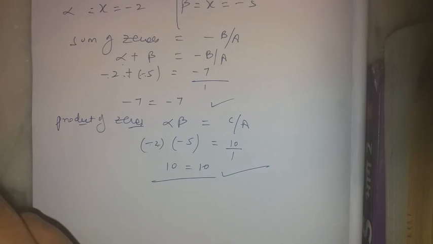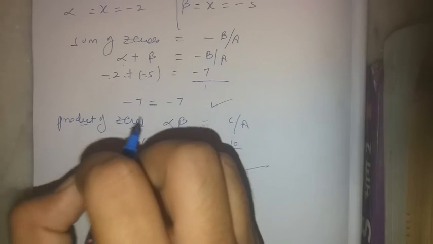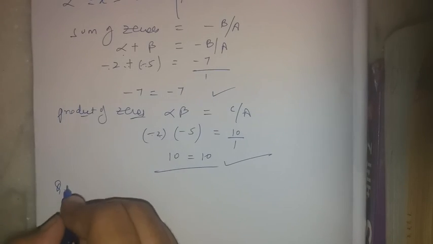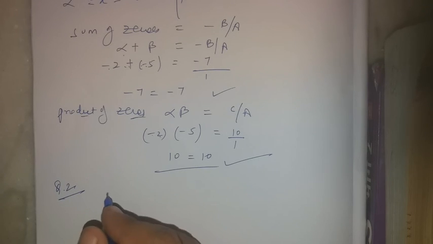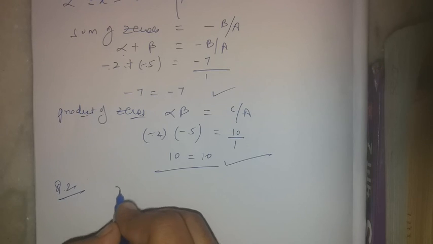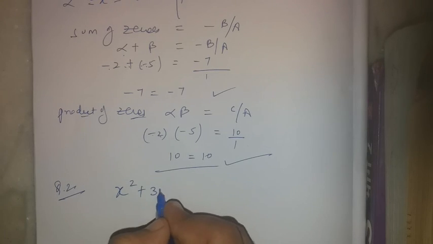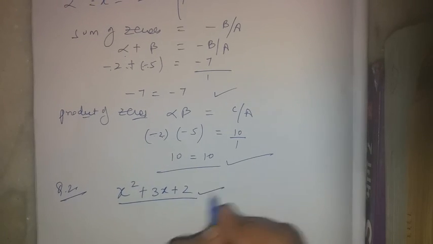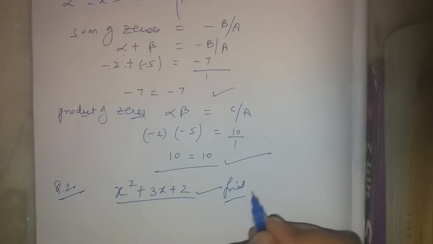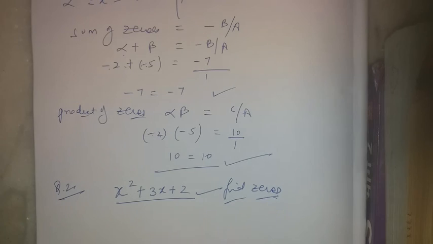Okay, understood? Today I am going to give you a question to solve, the same kind of question. Suppose the question is x square plus 3x plus 2. Find the zeros and verify. This is your homework. Next class will be